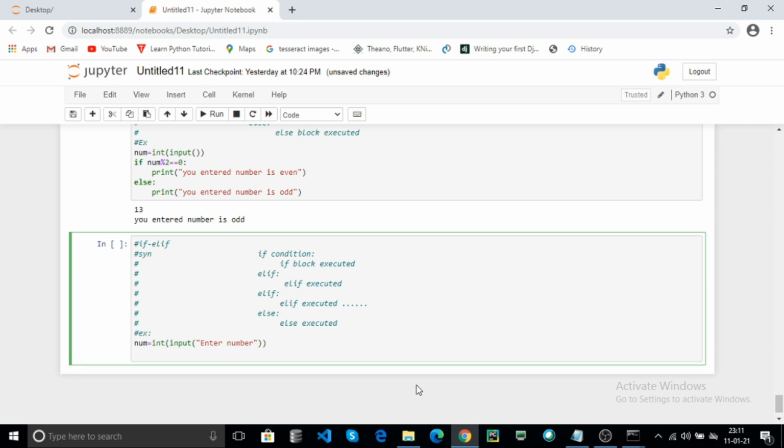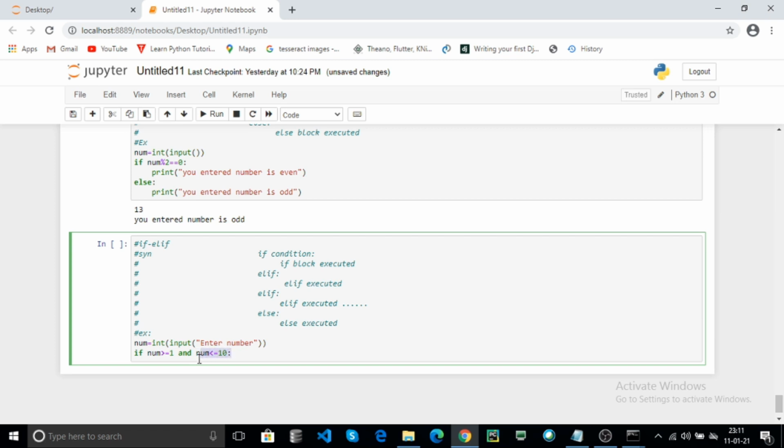To check the condition, if your entered number is between 1 and 10: if number is greater than or equal to 1 and number is less than or equal to 10. Here it checks two conditions.